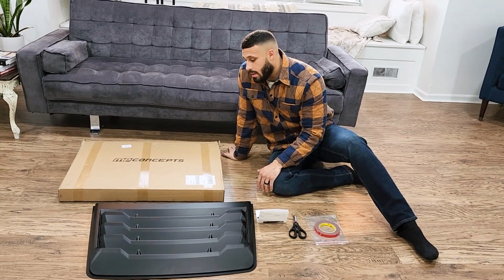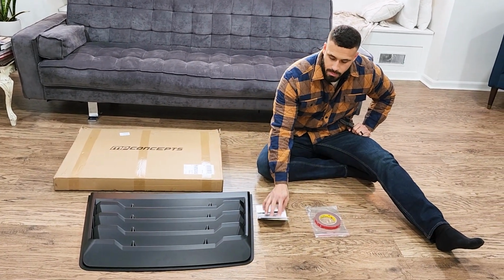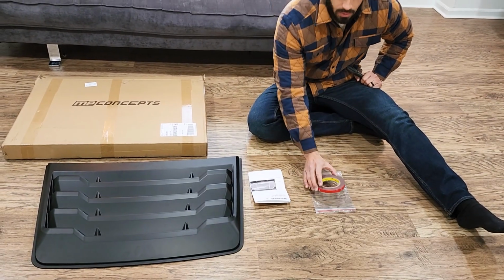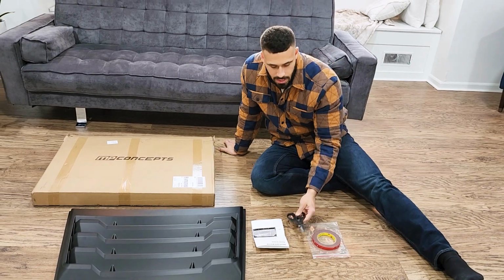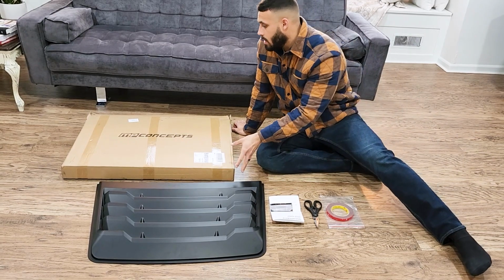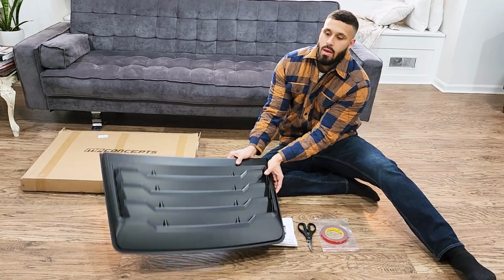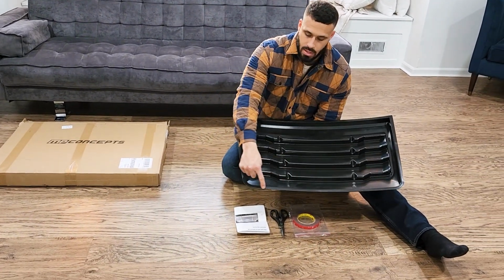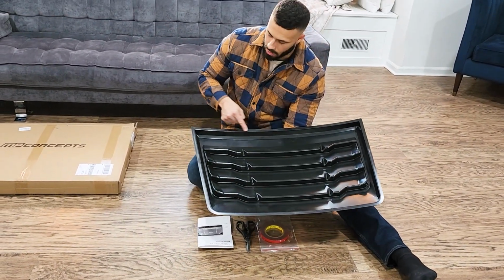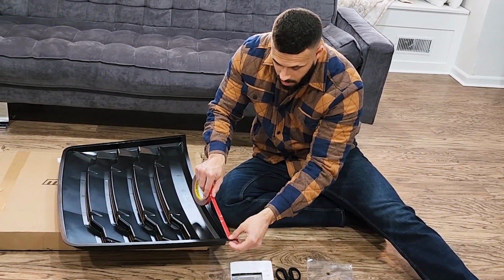These are all the things that you're going to need. Here's your box, and everything that comes in it is right here. You got your manual, you got the hood scoop, and then you have your 3M tape. So the scissors is what you're going to need to cut the 3M tape. Right now, what we're going to do is we're going to put our tape on the back edges of our hood scoop, all along the edges. And we're going to run this right along